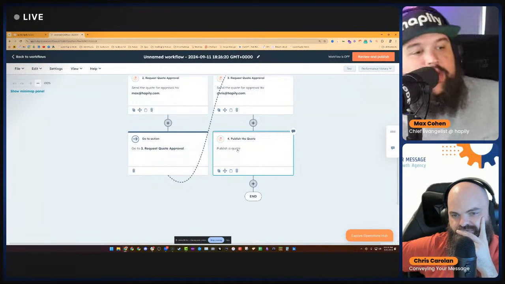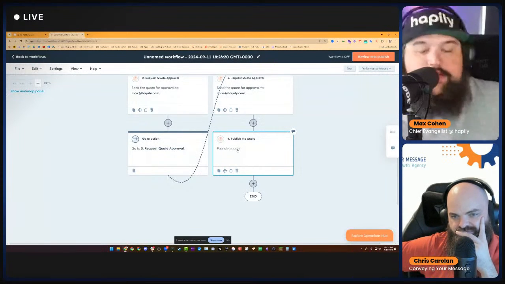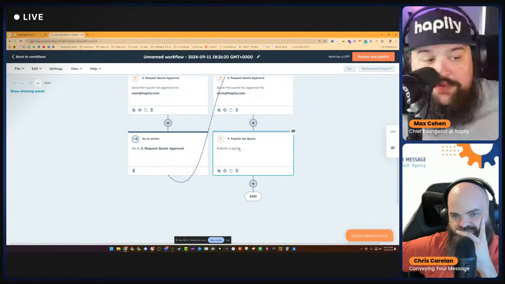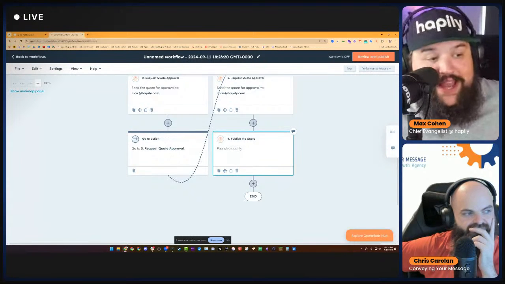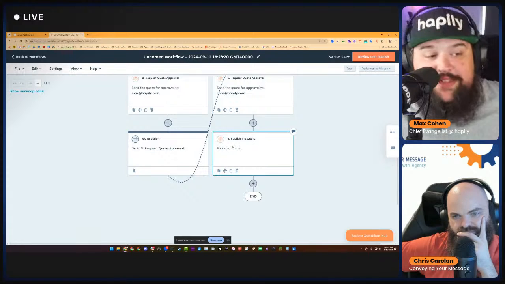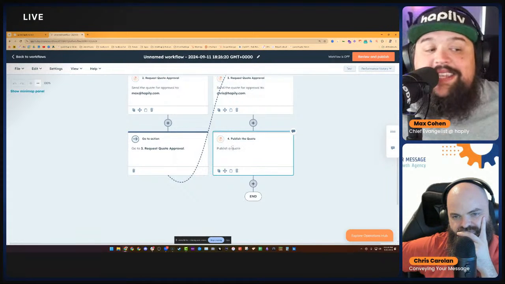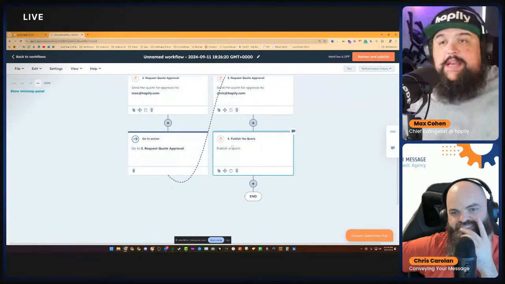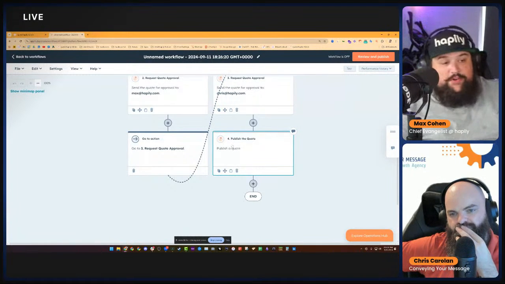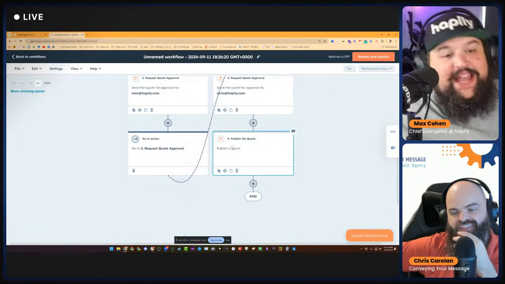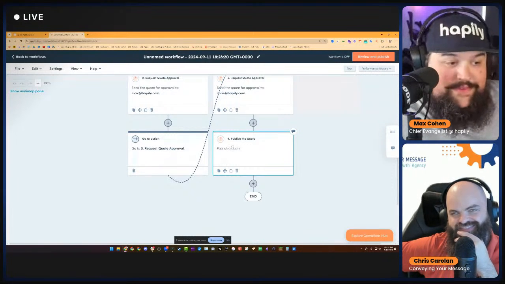Because it knows which workflows it's going through and all this other stuff, right? So what'll happen is if there's any outstanding approvals that have not been approved yet on that quote, when it gets here, it's going to do nothing unless it is the last approval to get approved, right? So for example, we have a customer who, for whatever reason, could have potentially up to 18 people that need to approve a quote, right?